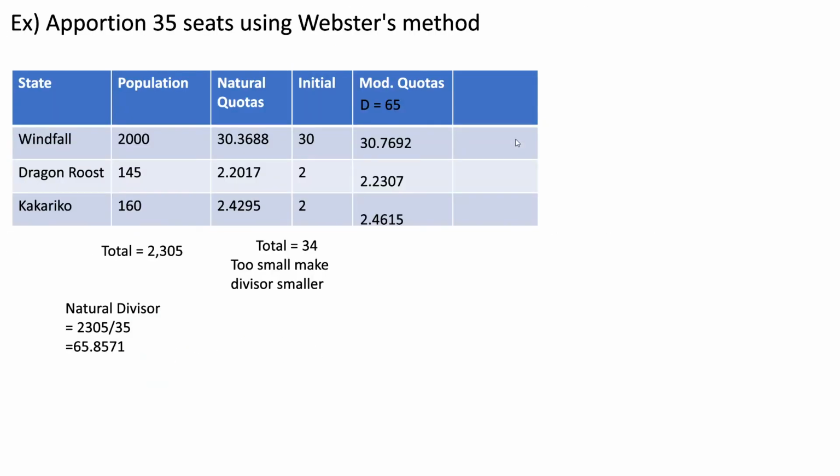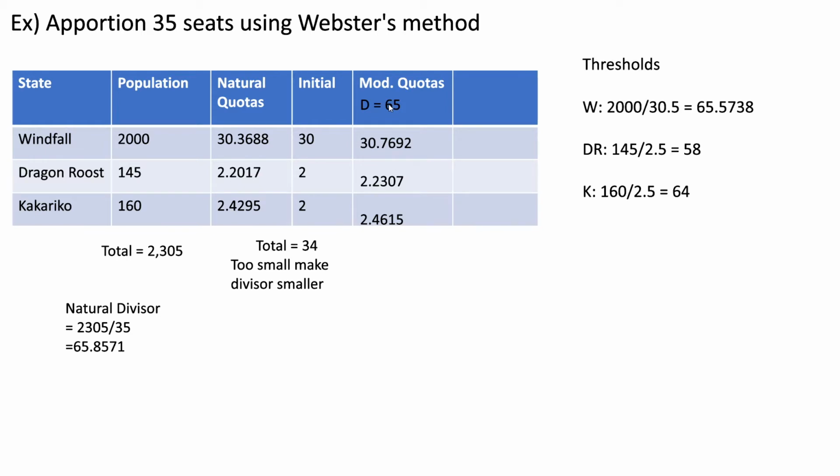So now we'll look at an example. This is a problem that we saw in the last Webster's method video, but now we'll take a look at what the threshold divisors look like. So the modified quotas that we found that worked out, we did when our divisor was equal to 65, so let's see where that came from. The threshold divisors for each state in this case, we would divide by the number that's going to round to the number of seats we want them to get. So let's see, Windfall initially got 30 seats. We would like for them to get 31 seats, so if their quota had been 30.5, it would round up. So that's why when we find their threshold divisor, we divide their state population by 30.5, and we get this threshold divisor,